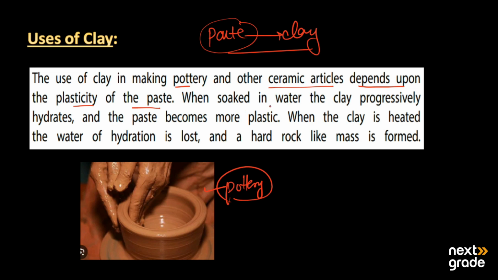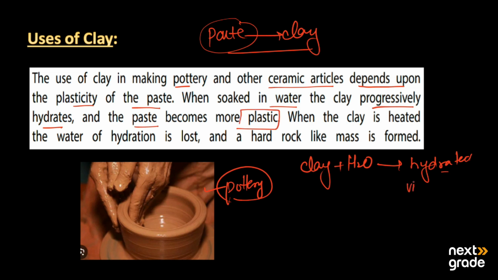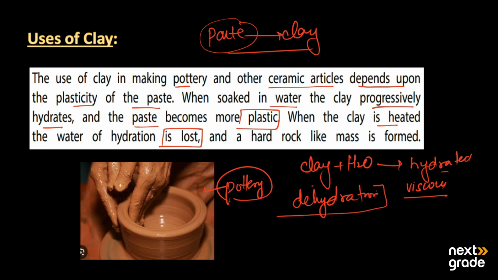When we soak it in the water, the clay progressively hydrates. It means when we add water to the clay, it gets hydrated and absorbs the water, and the paste becomes more plastic. Plastic means it is more viscous and easy to use. And when the clay is heated again, the water of hydration is lost. This process is mainly known as dehydration, in which we heat that paste